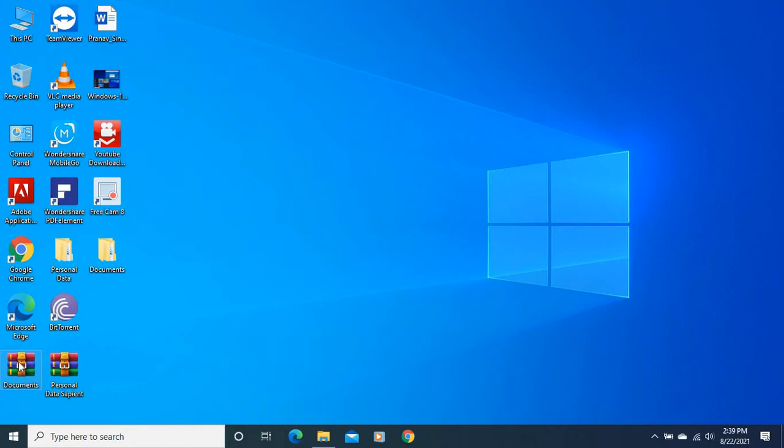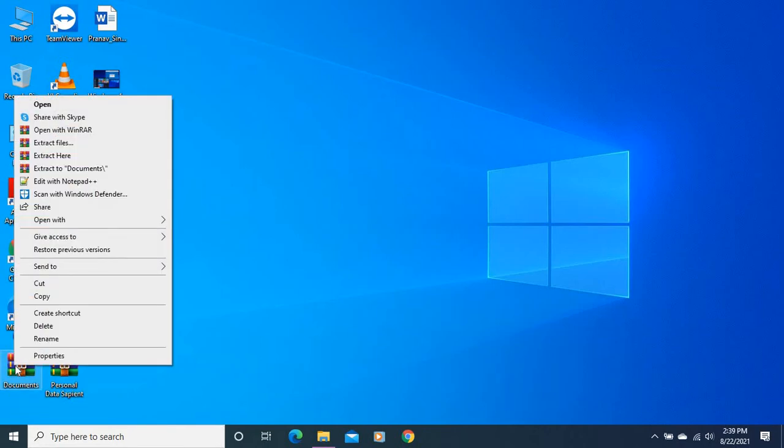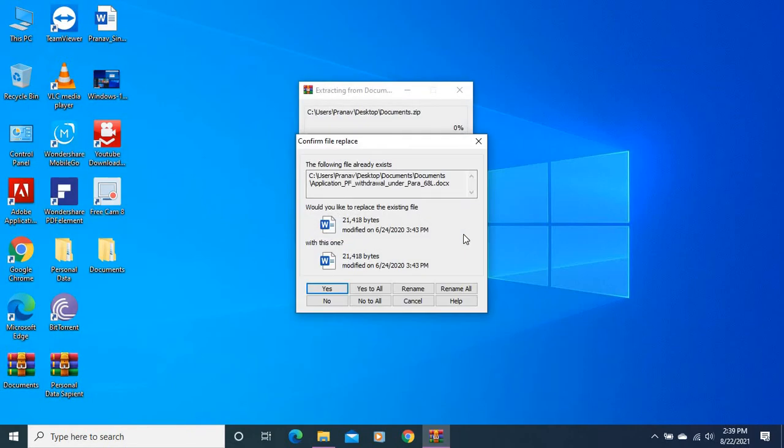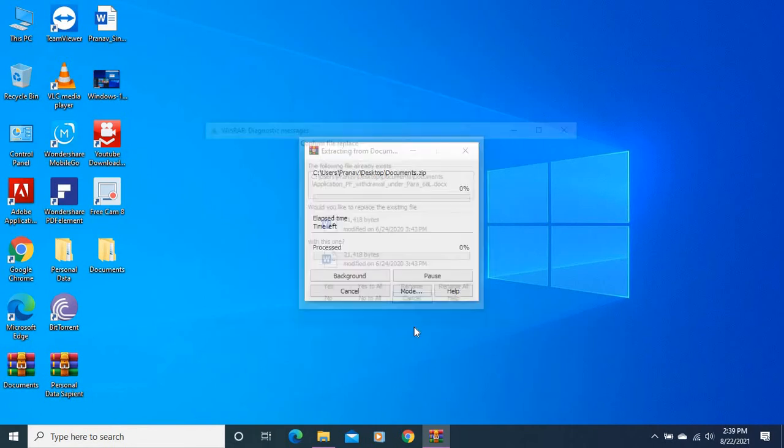After that, you have to extract this file, meaning how you will view this file. You just have to right click. Either you can click extract files or extract here. So I'm just clicking extract here. It's showing that an existing file is there.